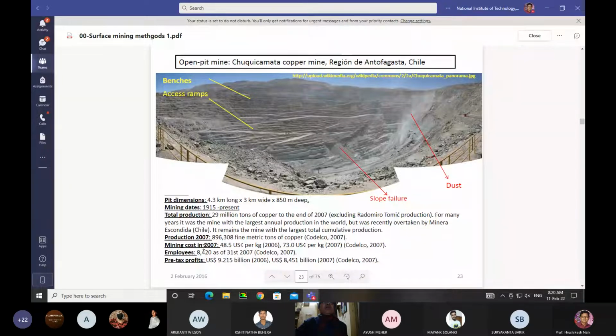Production, mining cost, employees: the total number of people working is 8,420 as of 2007, and the profits they are getting are 9.215 billion US dollars. So this is the biggest mine in the world,